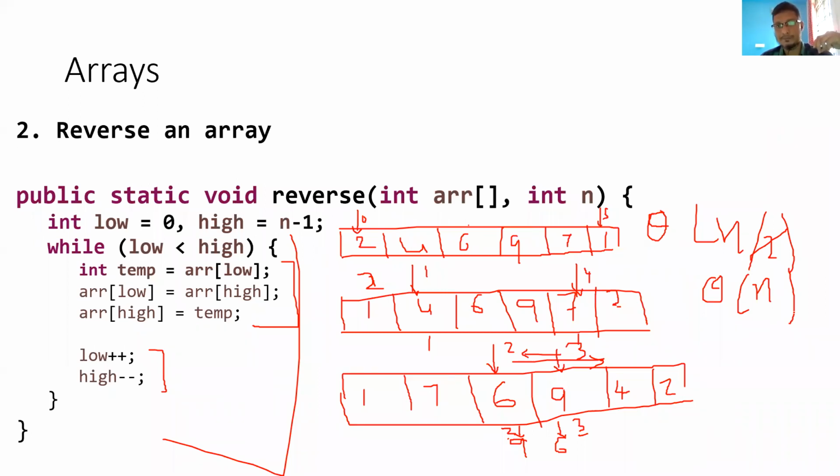Because if your array has 6 elements, right, in the while loop you went 3 times, and the 4th time you came out. Similarly, if there are 8 elements, you will go 4 times, right? So that is how it works. So it is not log n, it is theta of n by 2 actually, but in asymptotic notation we always ignore the leading constants. So if you ignore the 2, it will come as theta of n.